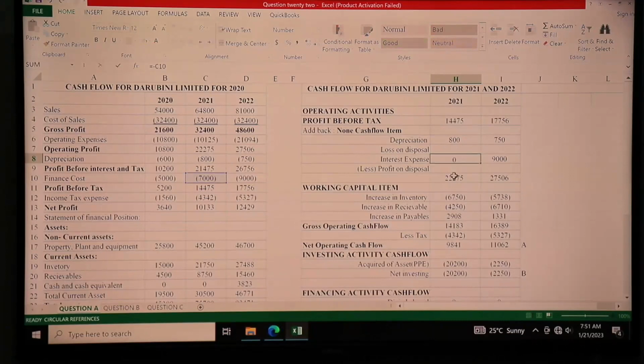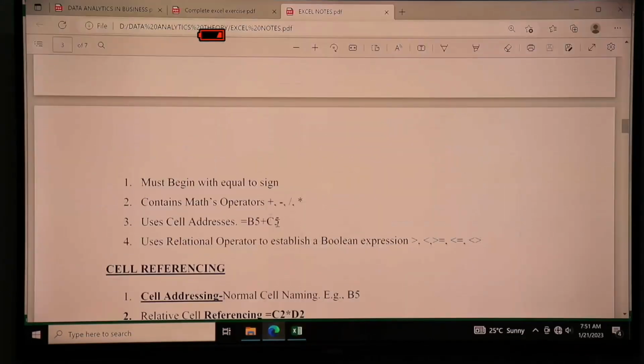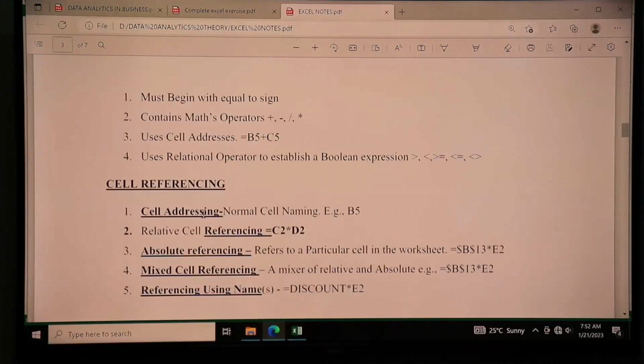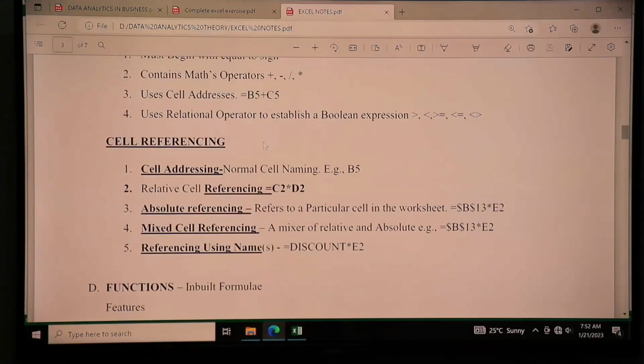And finally, you compute by setting up a formula that is supposed to get the total of this after that reference. Remember that you just do only 1 year, then the next year just automatically generates. So that is what referencing is all about. And that is the topic that I want us to discuss here today.